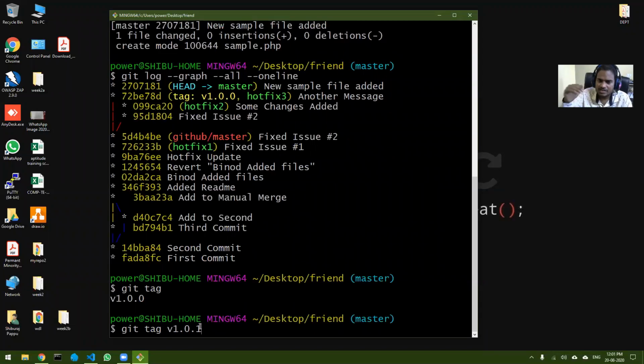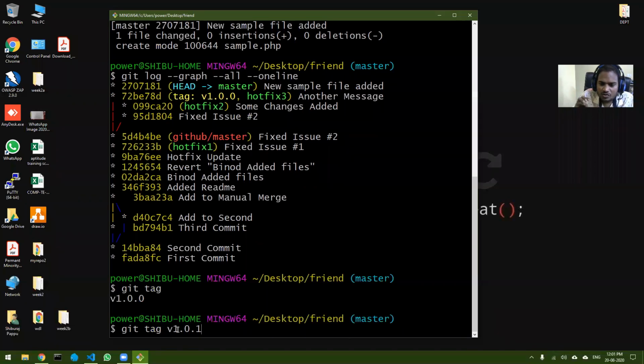As soon as you update your software, you can tag it. Now one more question many of the times I get is, when should I tag? It is not like every time you commit you do a tag. That is completely wrong.